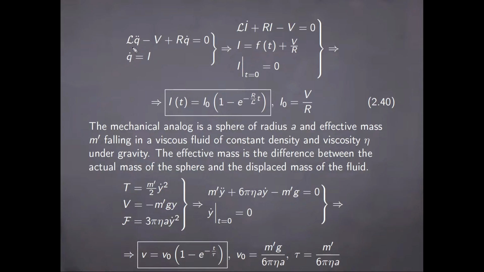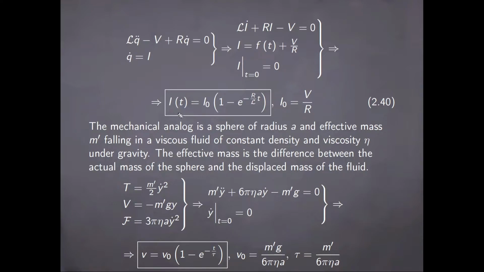And we can see the analogy by identifying once again the time derivative of the charge with the electrical current, in which case the equation takes the form here. And we know how to solve this from that example. We look for a current given by a function of time plus the constant, which is just the ratio of voltage to resistance. And we have the initial condition that at t equals 0, the current flowing through the circuit was null. And then just by a straightforward solution, which is identical to the way we solved that problem,